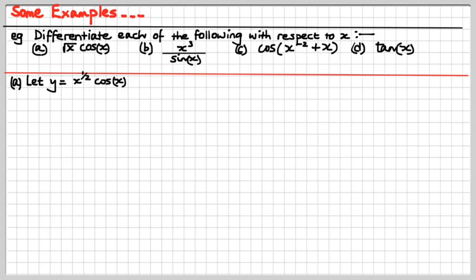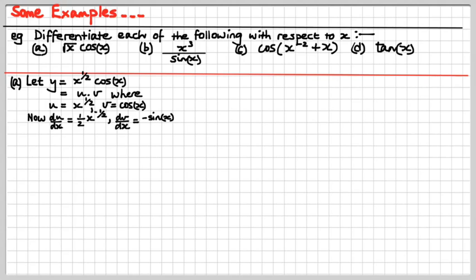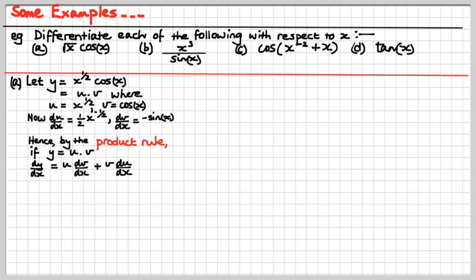If we say that let y equal x to the half times cos x, that's a product. u times v, where u equals x to the half and v equals cos x. Then differentiate both with respect to x, and you will get that. Just look back if you can't remember those derivatives. The derivative of cos is minus sine. Now we just plug and play. By the product rule, we know that if y equals u times v, therefore dy dx equals u dv dx